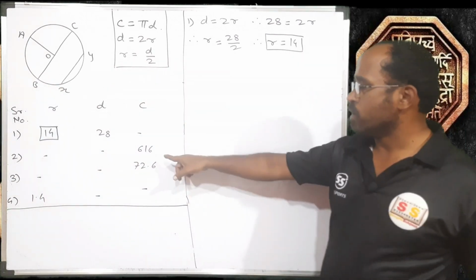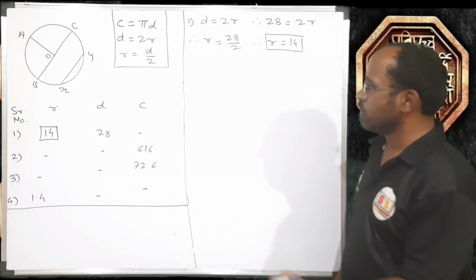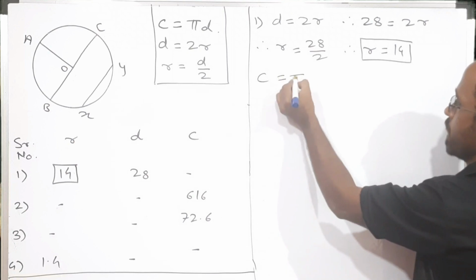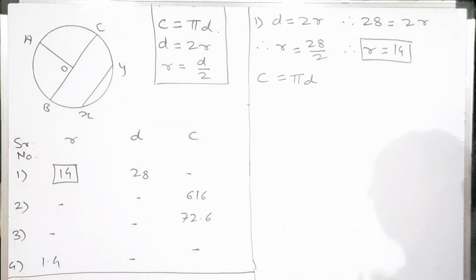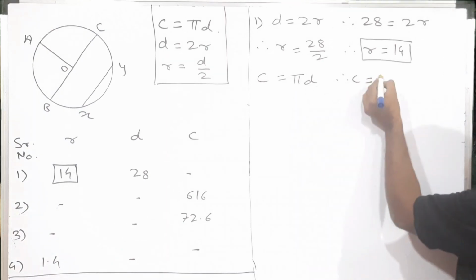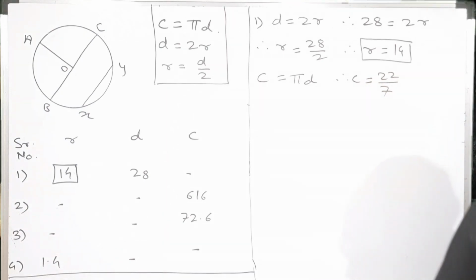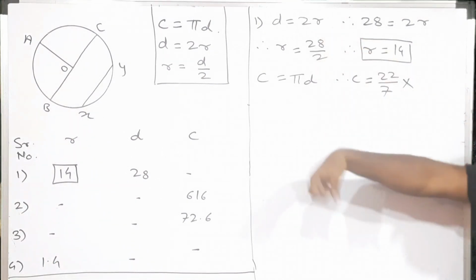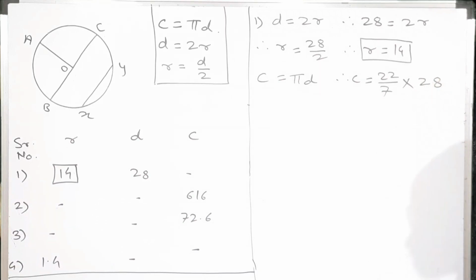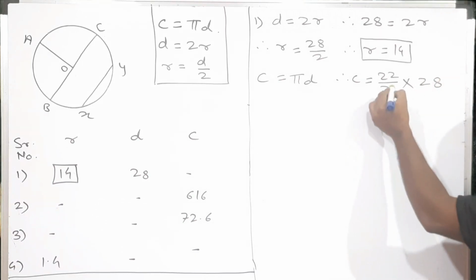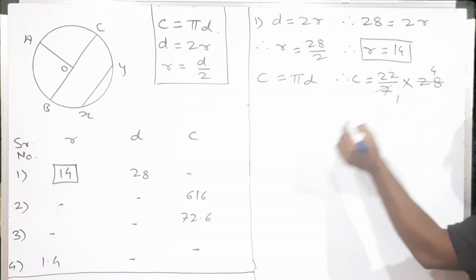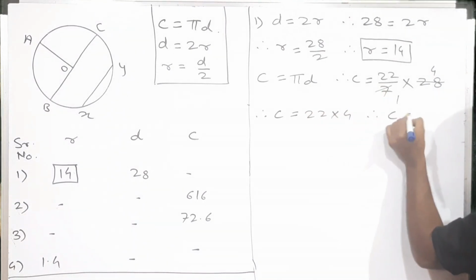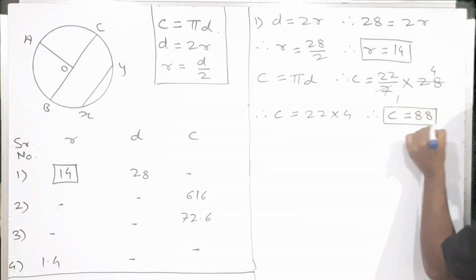Now, we have to find out circumference. So to find out the circumference, write the formula for circumference. C is equal to pi d. Right? Replace the values. Therefore c is equal to pi, which is 22 upon 7, a fixed constant all over the universe, multiplied by d. What is the value of d? 28 given. Clear? Apply test of divisibility wherever it is possible. So 7 on the 7, 7 4s are 28. Therefore c is equal to 22 multiplied by 4. So c is equal to 88. Isn't it easy, students?